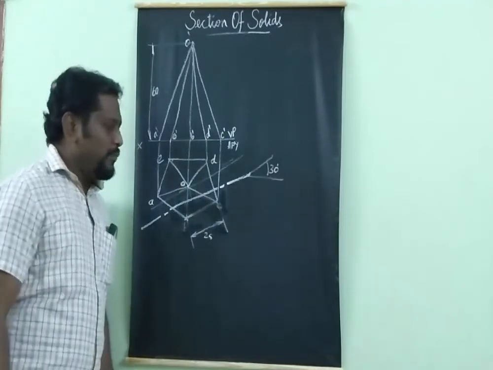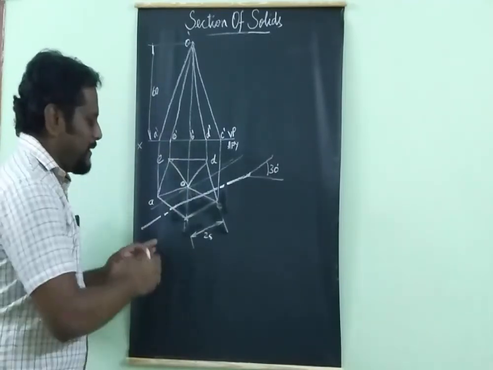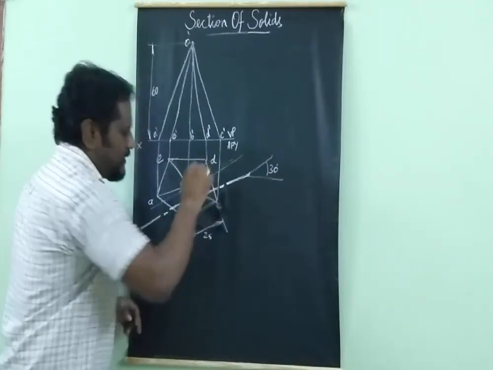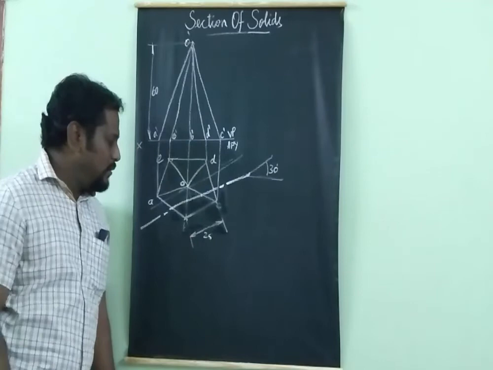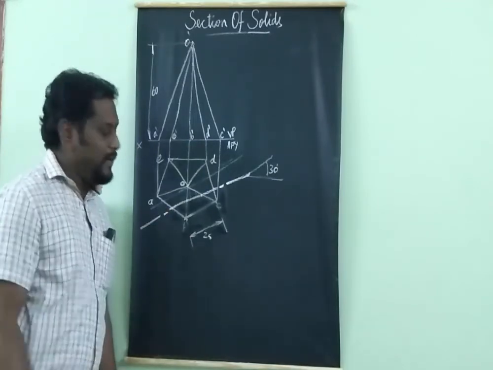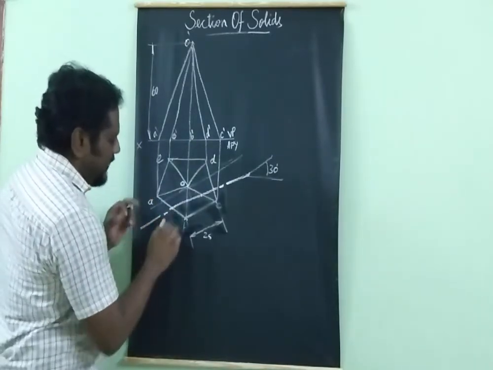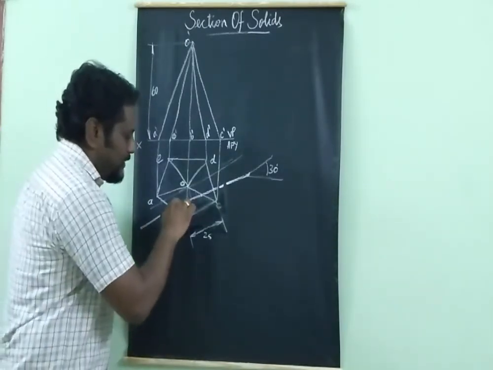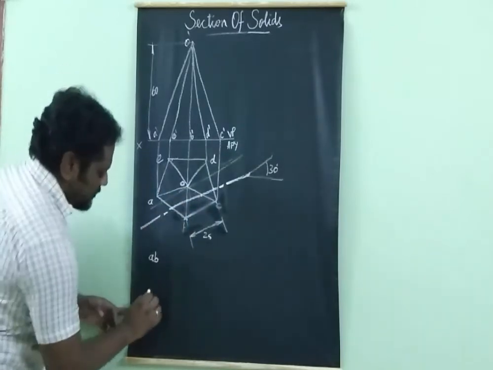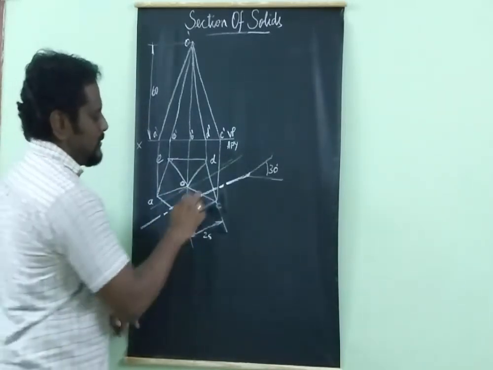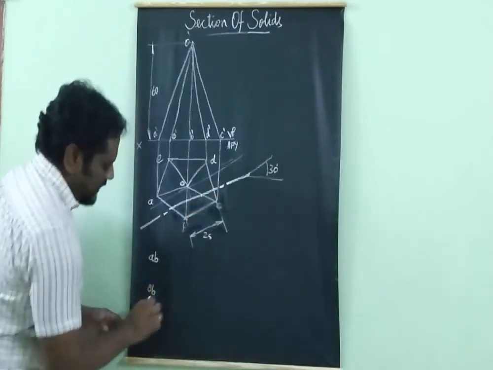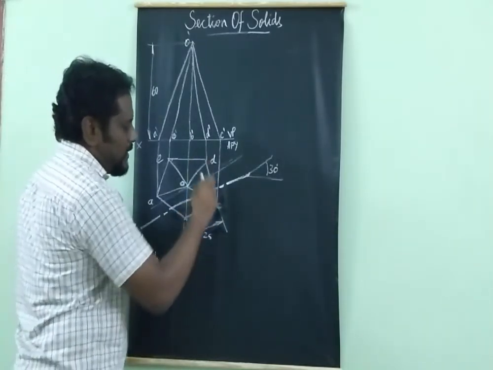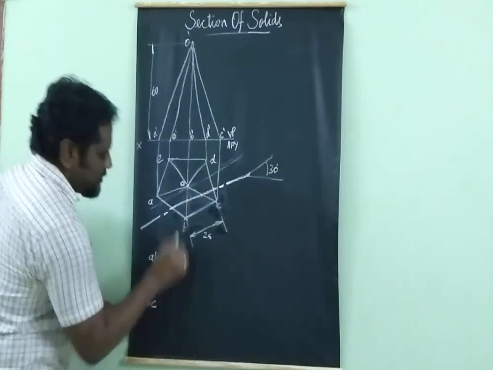So now to mark the cutting points, the cutting plane cuts the solid here, here, here, here. There are 4 cutting points. The first cutting point is in the line AB, that is AB is a shorter edge, and the second cutting point is in the OB line. So OB is your longer edge. The third cutting point is in your OC line, that is also your longer edge, and the fourth cutting point is in your CD line. CD is your shorter edge.